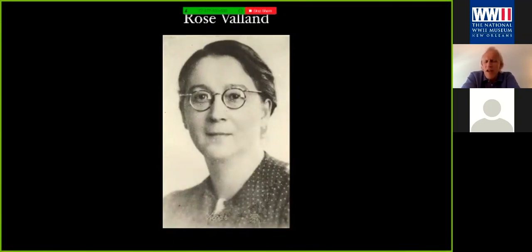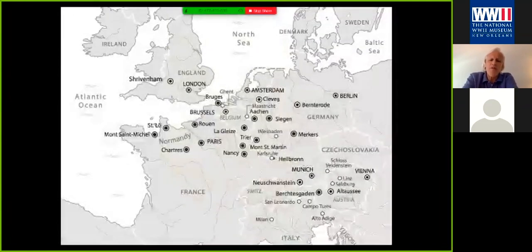She had practically a photographic memory, and she recognized so many of these works of art that came to the museum, and she was a spy for the museum director in France, reporting which works had been stolen, where they'd been taken in Germany. And this information which she gathered was essential to the work of the monuments men as they spread further and further into France and on their way into Germany, looking for where these works of art